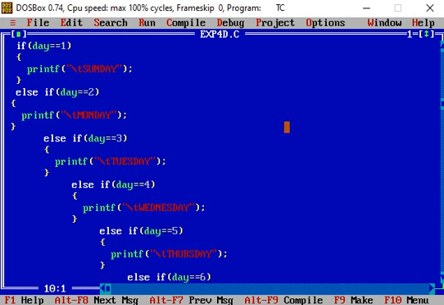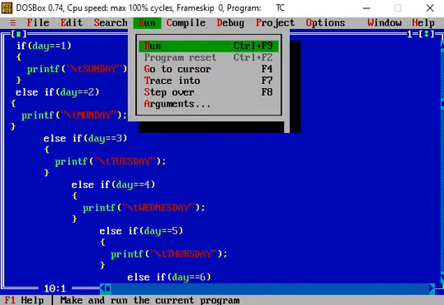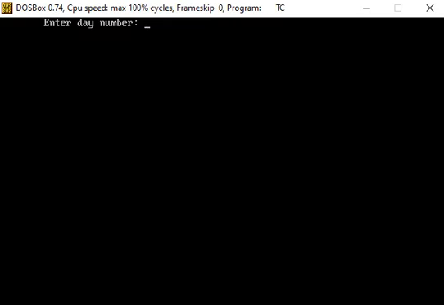Now let us run this program a second time. And when the message is displayed, enter day number, suppose we enter the 2 and press the enter key, Monday is displayed.